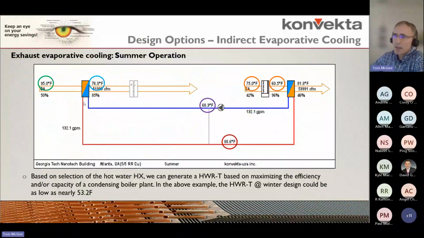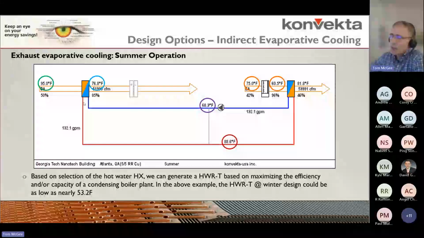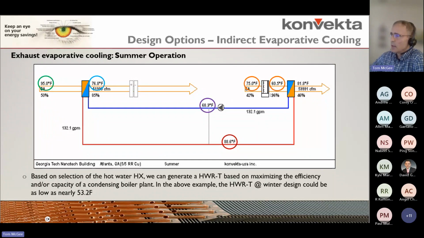Thanks for the question. Here, this is another design option. This is actually the option that I ended up deploying at the two projects at University of Denver, and we've applied it in a lot of different instances, including down in Phoenix, Arizona. What we're showing here is a supply air handling unit and an energy recovery coil on the left, and an exhaust air handling unit on the right with its associated coil,